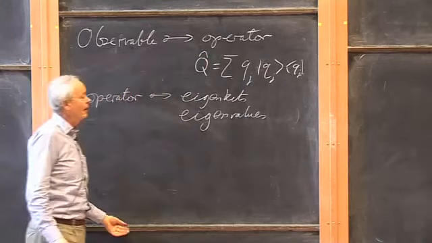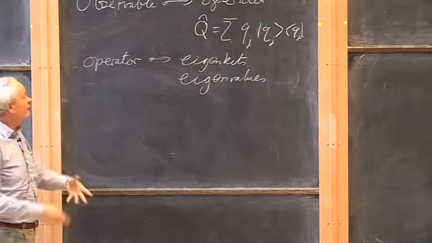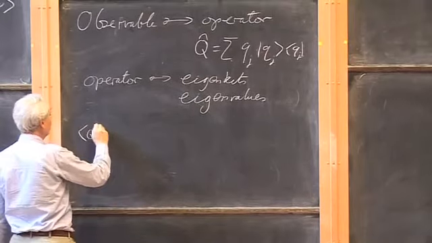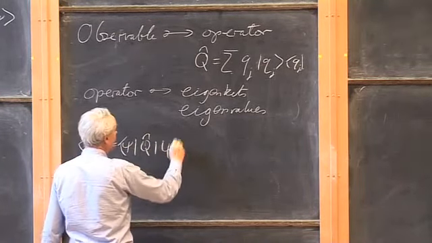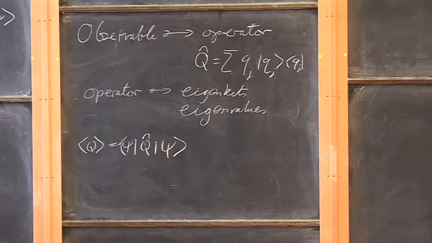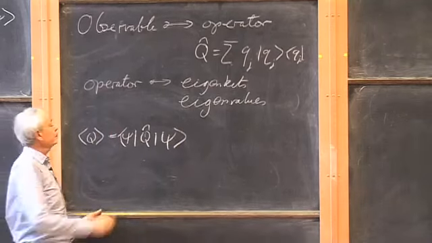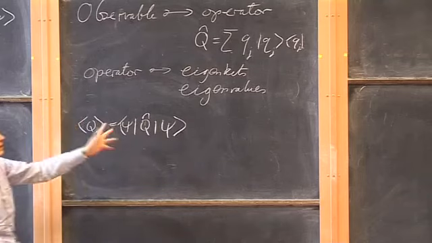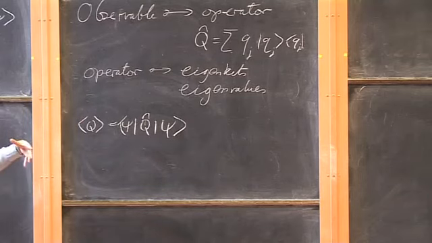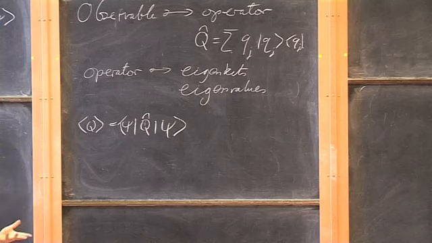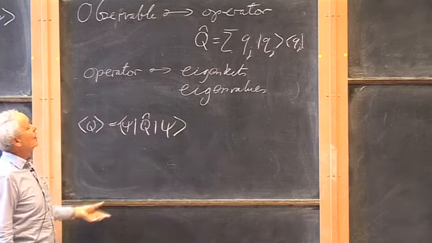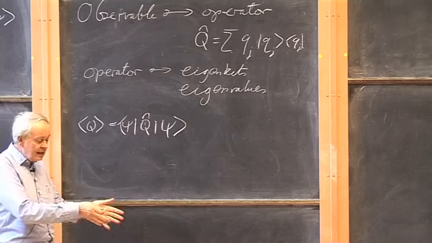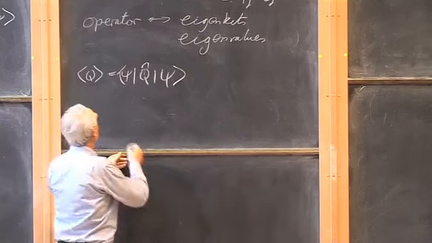There's a relationship here, which we found useful. We've discovered that the expectation value of Q, for example, is equal to this mathematical animal, and other useful things. We found the rate of change of expectation values depends on the commutator of Q with the Hamiltonian operator, which is the operator associated with the energy, et cetera, et cetera. But we haven't actually addressed the question of what these operators that we're introducing actually do to states, because an operator turns a state into a new state. So, for example,